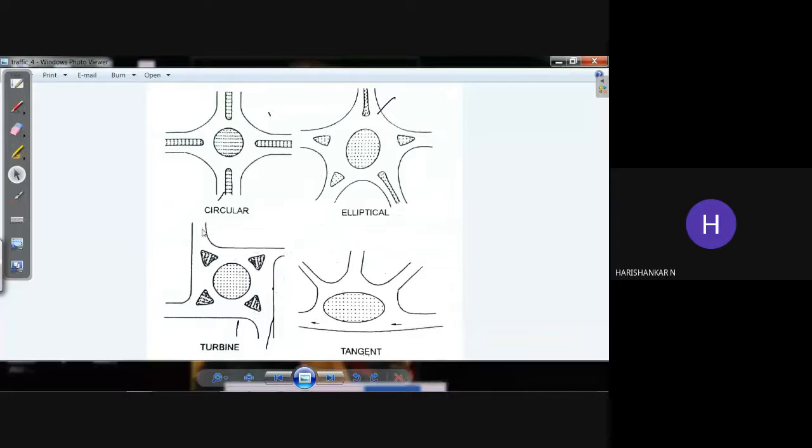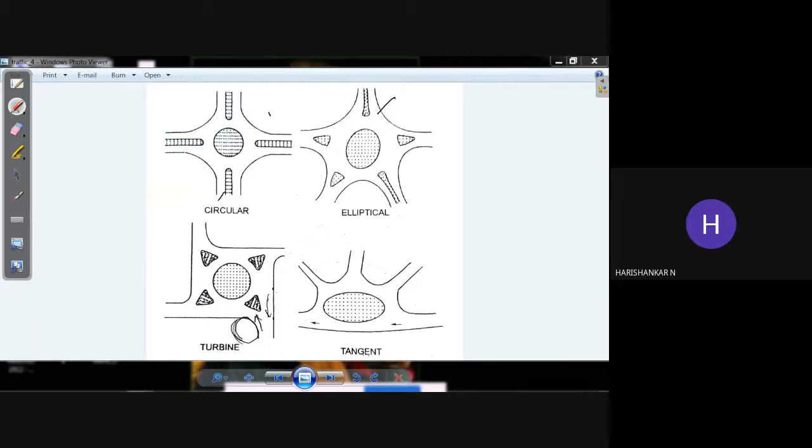Here you can see there's a perfect circle, but the number of individual roads is 4. One more interesting thing is that always the radius of curvature of the upcoming path will be minimum. Here the radius of rotation or the radius of curvature will be minimum. In this direction the vehicles are entering, and what about the vehicles leaving? The vehicles are leaving without making any curvature.